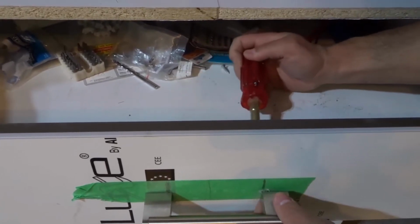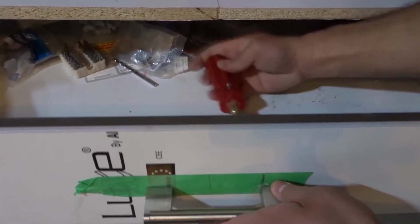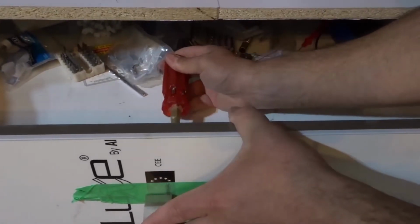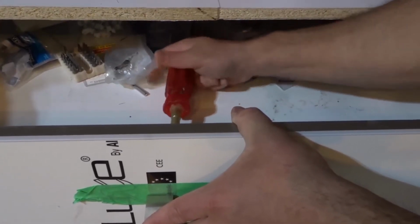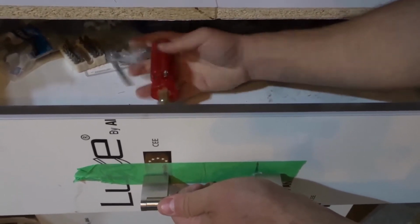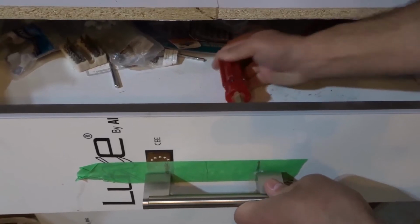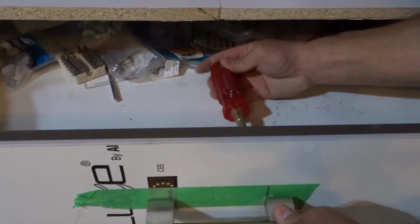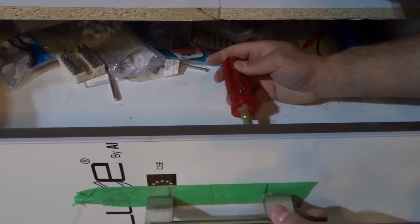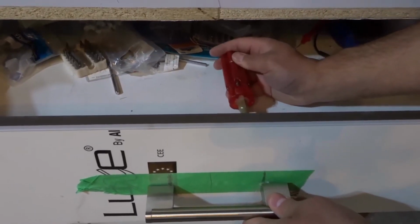Okay, so now we're good to go. I'm going to tighten these screws in place just like that, and we're going to have a nice handle on here. It's going to look great. And like I said, if you ever need to, you can always adjust the holes a little bit. You can make them a little bit tighter, inwards or outwards, a little bit looser. It's up to you. Unfortunately, I'm stripping the screw back here, but